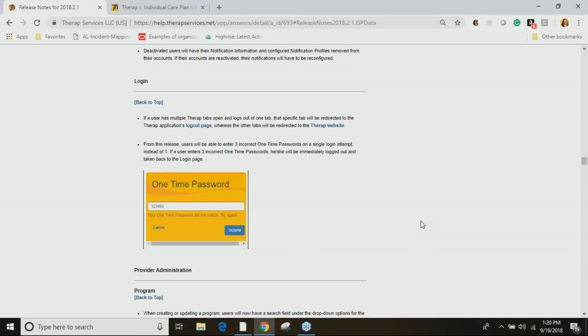You're now going to have 3 attempts versus the 1. But just like if you use 3 wrong regular passwords, if you use 3 wrong two-factor authentication passwords, you'll be locked out if you have it set at 3. Depends what your password policy is.